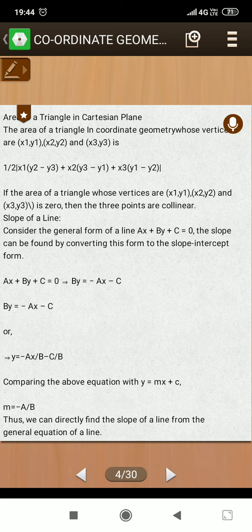Going to the next slide. Up to now we have discussed the topics covered, and also in our previous session the area of the triangle, and basic matters about slope. Here is the formula for the line: tan theta equivalent to m equivalent to minus a by b, for such a line ax plus by plus c equivalent to 0.